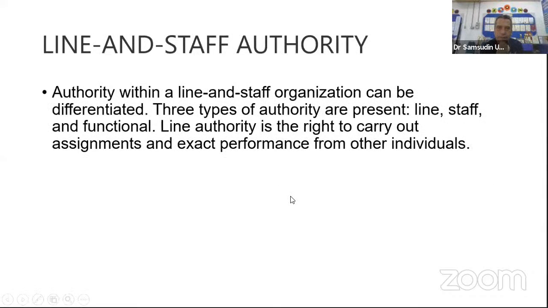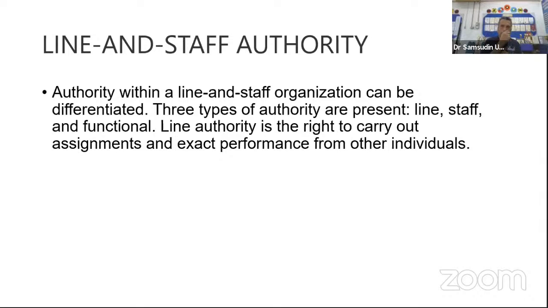Again, it's about line and staff authority. Authority means there is a power owned by the staff, and there is a power owned by line. In this power structure, the power of line authority is different, and the power of a line manager is different. And like I said just now, the EO, executive officer, has their own power towards their chief clerk, the immediate subordinate.